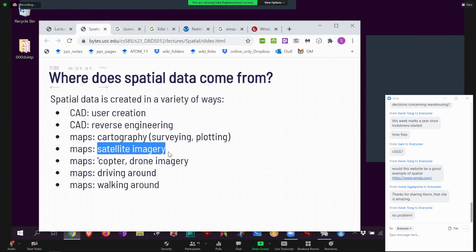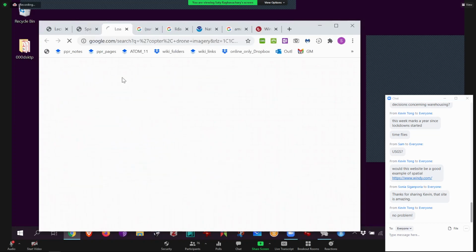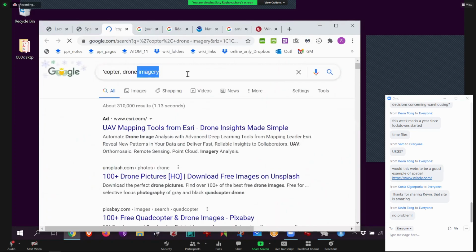Google Maps actually was not owned by Google at all. There was in San Jose a company called Keyhole Technologies. So Keyhole Technologies was bought by Google, and instantly that became Google Maps. So there are companies that do this for a living. And then these days you can fly like quadcopters and drones and actually collect GIS data. I'll just say quadcopter drone GIS collection.